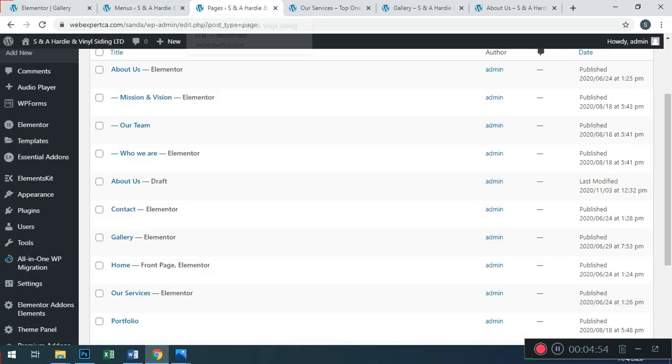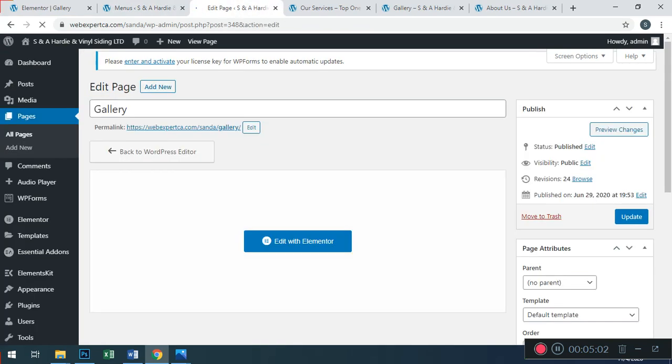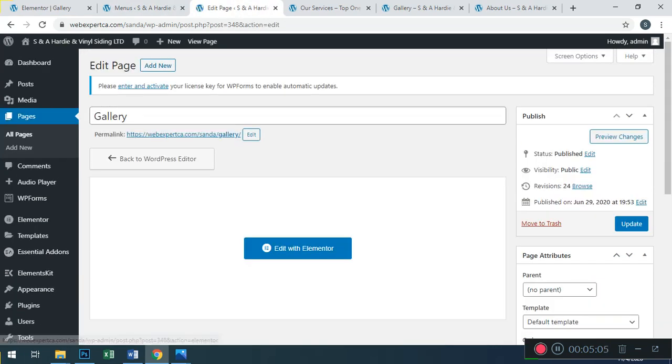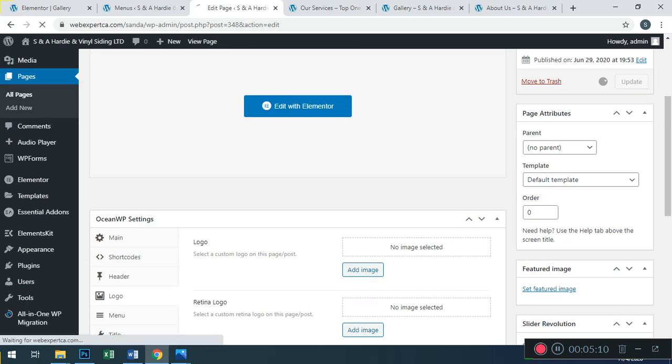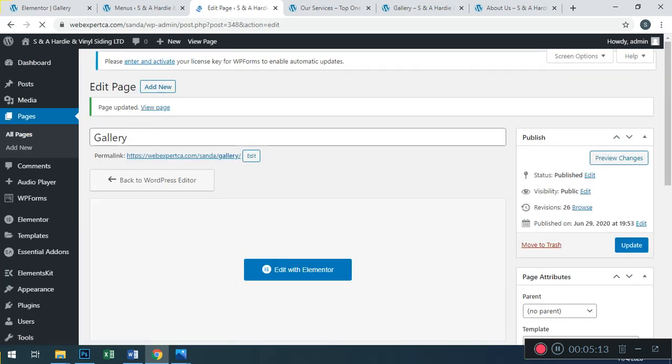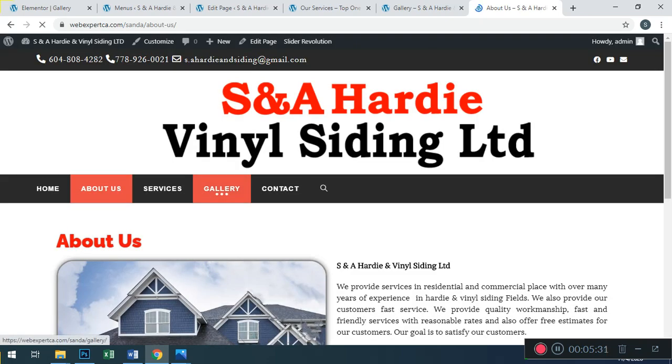In the gallery page, we are going to see. I first click the edit button. This is updated. In the edit I'm going to remove the old logo for this page, in case it creates some problem for us. I'm going to update this. Now I'm going to refresh my site. Oh no, this is my site. I'm going to refresh my site. I check whether the gallery changed or not from the portfolio. Yes, done successfully.